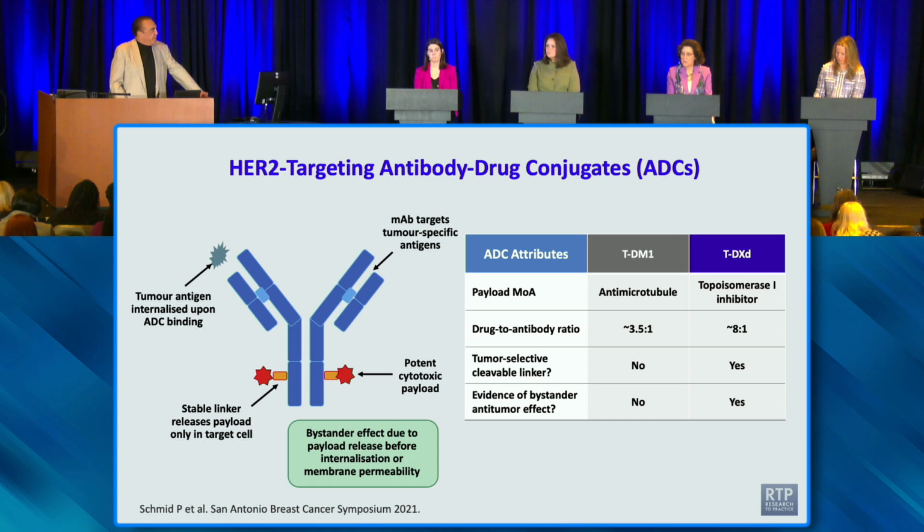So let's talk about what these really amazing, we talk so much about immunotherapy, but Hope, to me, this is equally fascinating and also a great example of how science can affect what we do. Here, we're just going to compare two antibody-drug conjugates, TDM1, which was used originally, and then the more recent one, TDXD. Can you explain, Hope, sort of the diagram here and what the antibody-drug conjugate is?